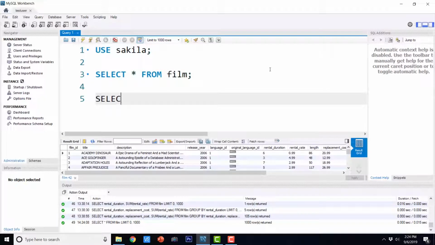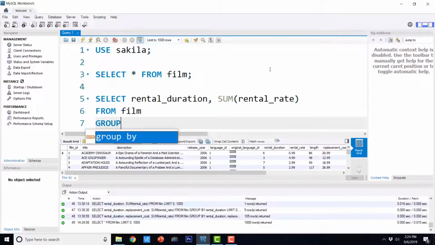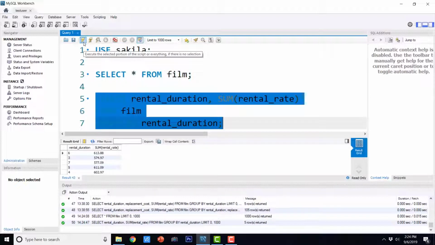Now if I say select rental duration, comma sum of rental rate from film group by rental duration, and I execute this, it is going to show me the groups by rental duration and the summation of rental rates.